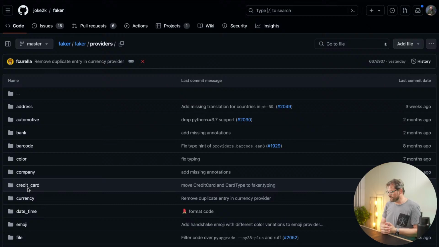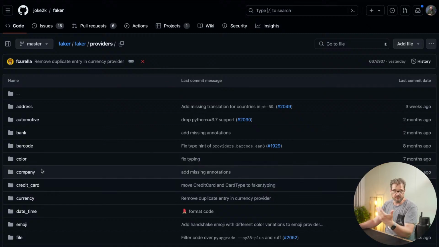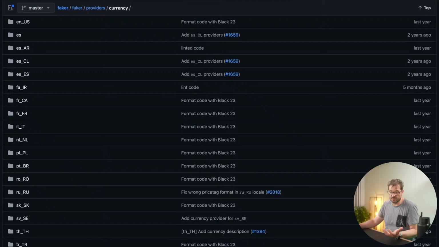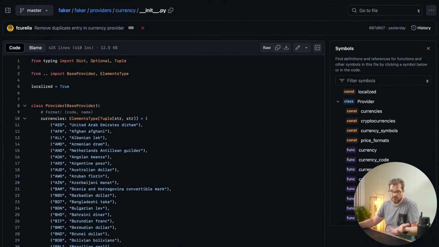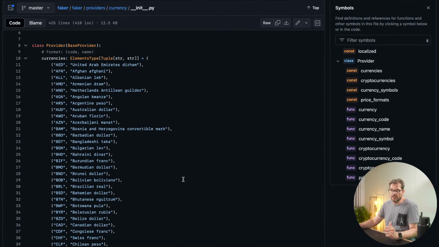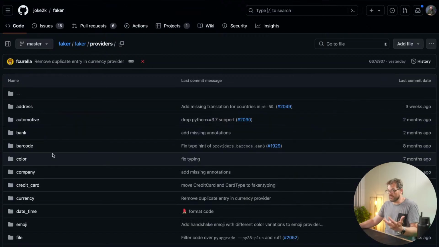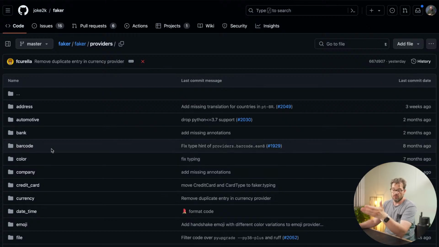So on a surface level, that looks like a good idea, that each provider is responsible for generating the data of its particular type. So the currency provider, for example, is a class that is responsible for providing currencies, which is nice, right? And the idea being that if you want to add support for another type of data, we just add another